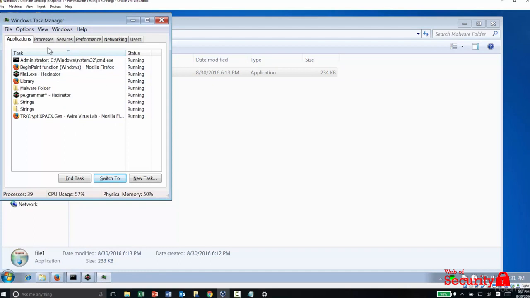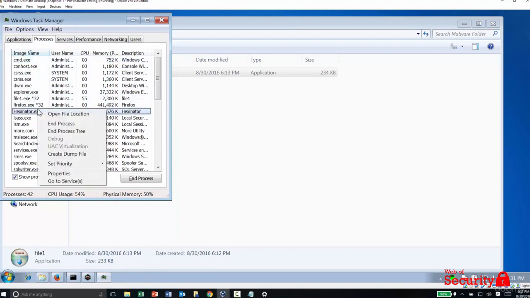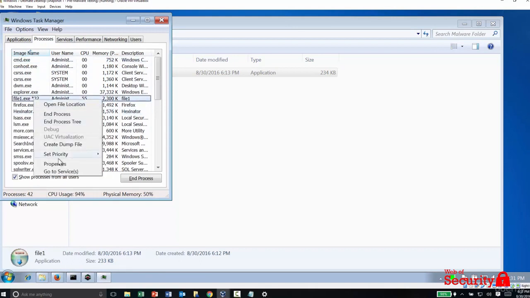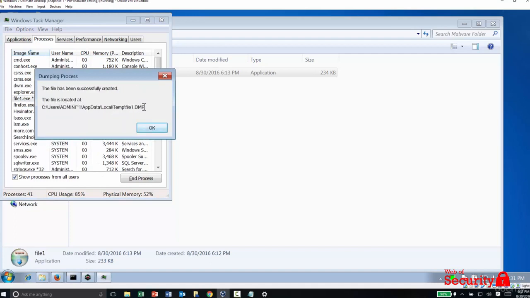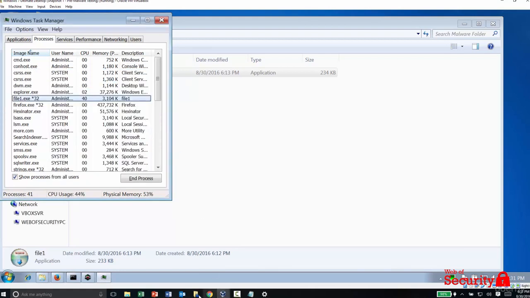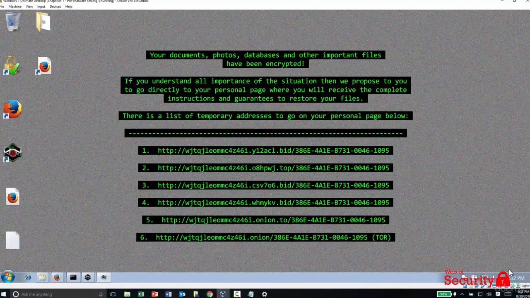So I'm going to check some processes here. Okay, file1.exe is running. It doesn't appear to be trying to obfuscate itself in any way. It looks like I just tried to dump that file so we could analyze a memory dump of it. Okay, wait a minute, what's happening? All right, so we have a screenshot here. Your documents, photos, databases, and other important files have been encrypted. If you understand the importance of this situation,